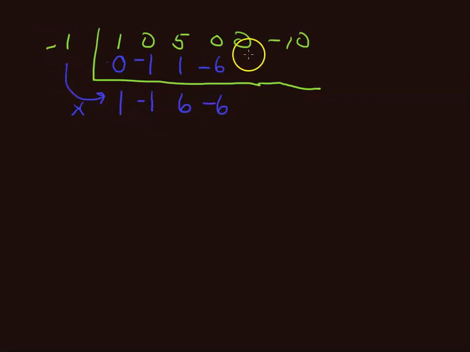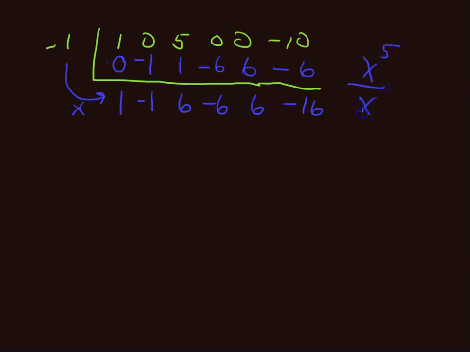Multiply by a negative 1, we get positive 6. Add these two, positive 6. Multiply by a negative 1, we get negative 6. Add these two, negative 16. Now these are just the coefficients. We started off with x to the fifth,